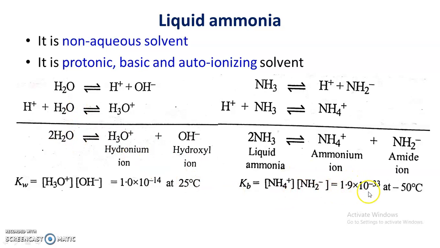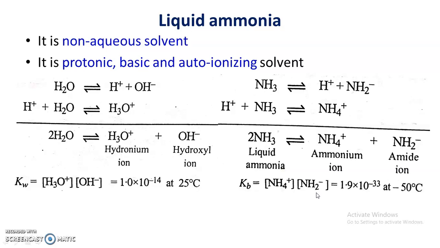Its Kb value is 1.9 into 10 raised to minus 33, and the extent of auto-ionization of liquid ammonia is much less than that of water. In terms of Kw and Kb, it is clearly seen that the ionization of ammonia is much less than that of water,